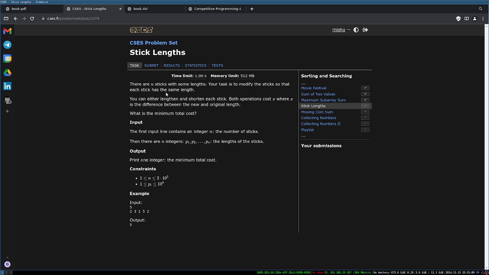Okay, so basically we just need to choose some length L and then find the cost to lengthen everything shorter than L to L, and make everything bigger than L shorter too. Okay, so how can we do this? We can have a set of all the sticks. Then if I choose any given L,